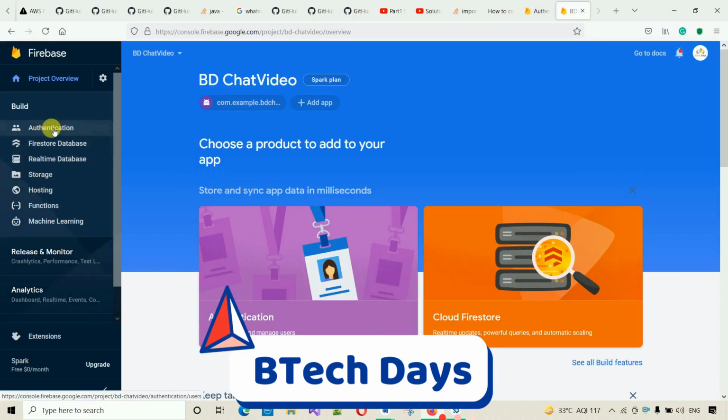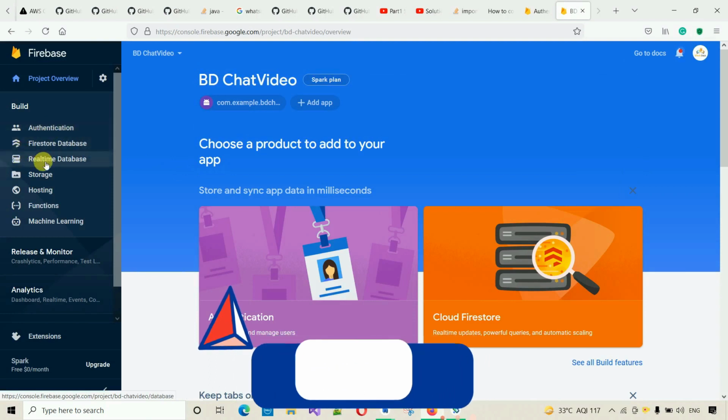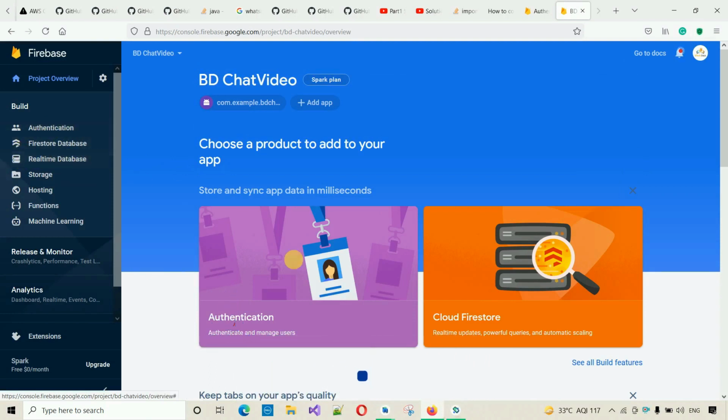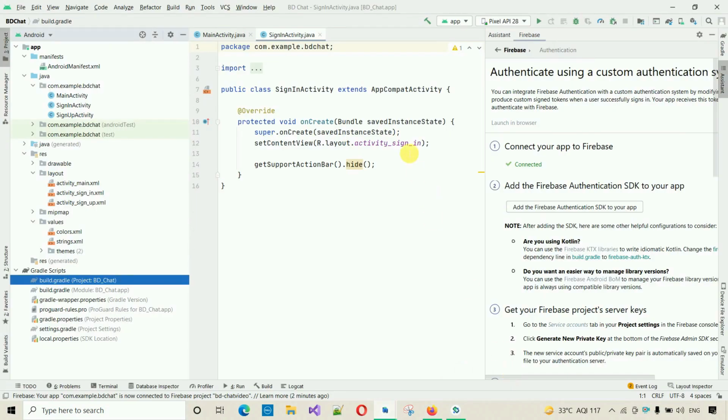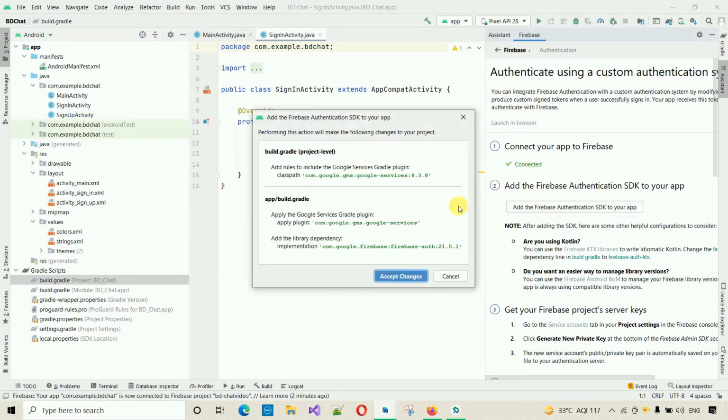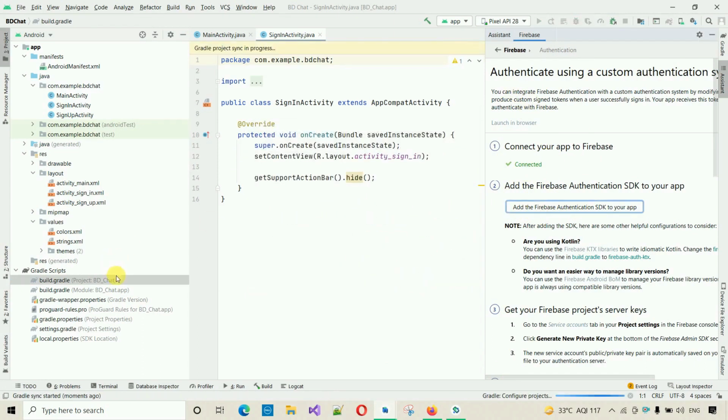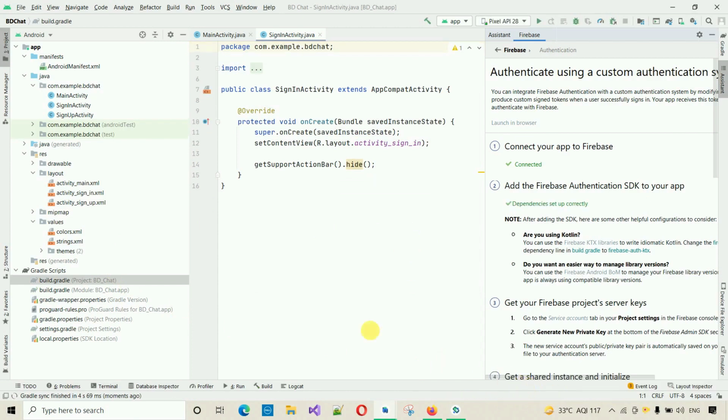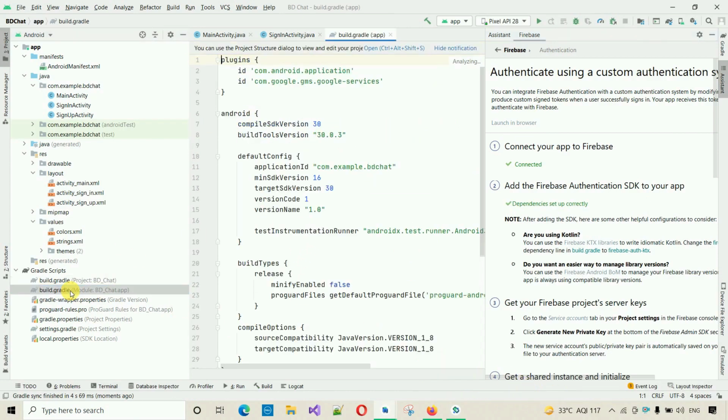Here we have to make a few changes inside this authentication, and we also have to create a real-time database. Before that, move back inside our app in which we are working, and first thing we have to add a dependency. We have connected the app with the Firebase. Next, we just click on this, and it will ask for the following dependency: accept changes, configure project, build Gradle, and it's adding the dependency and synchronizing. So just move back over here, and the dependency is set up correctly. Here you can see there's a green tick message.